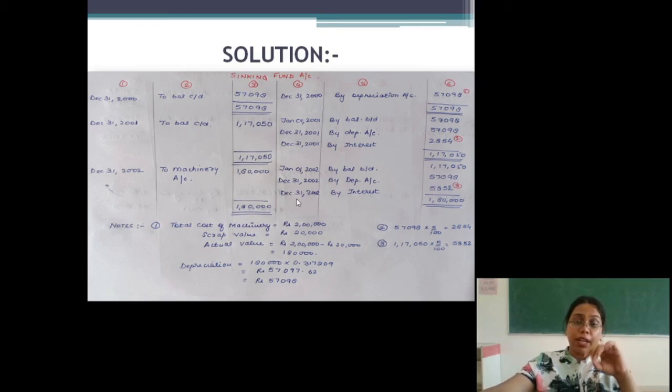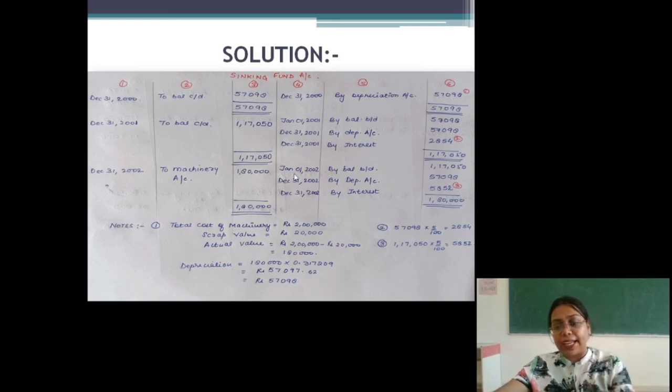Now we will again charge the interest, 5% on this amount 1,17,050, the cost of the asset. The answer will be 5852. We will calculate the total and transfer this on the same date, December 31st, 2002,